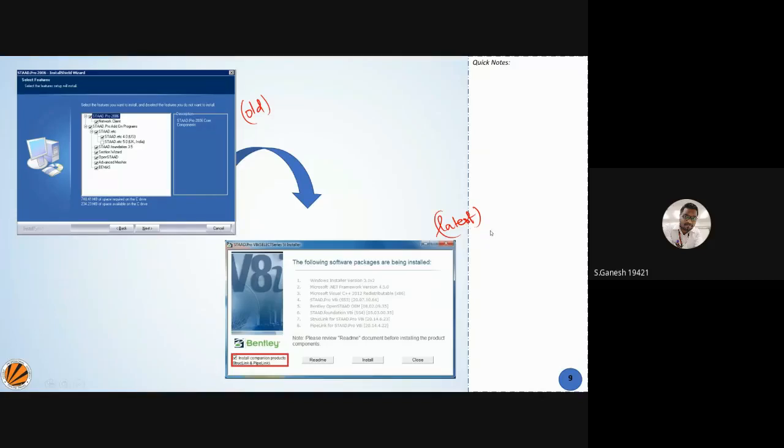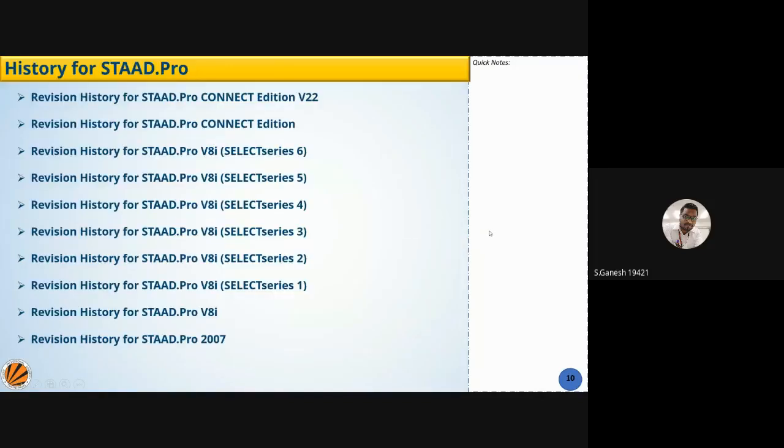Due to that, there are version updates in the software also. There was a 2006 version, but it came into effect from 2007. STAAD Pro came into effect from 2007, and then we updated to the current series of 6. The current version right now is V8i6.